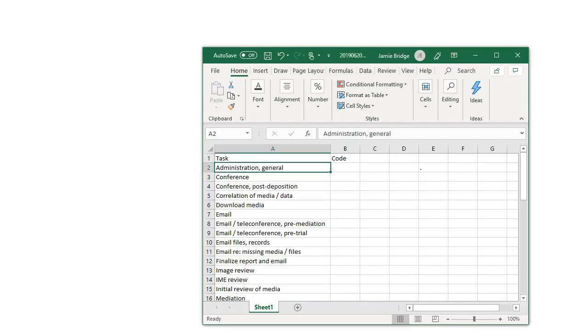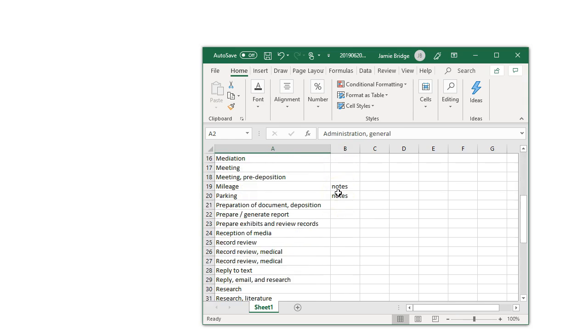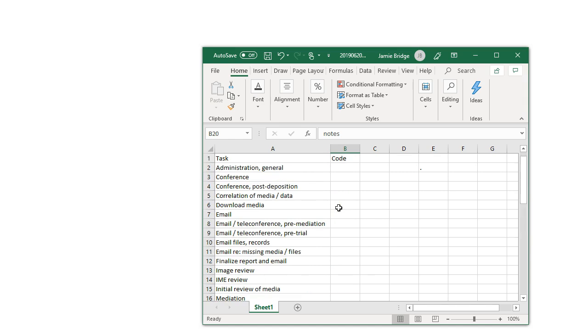And so what I have are three separate windows that are open. I have the macro open. I have an Excel sheet with two columns in it. I've got my tasks in column A and the codes that go with that in column B. For ML Cloud, there's no code, except for whenever somebody's putting in notes for things like mileage or parking, because those things don't really involve time, they involve money. And the third thing I have open